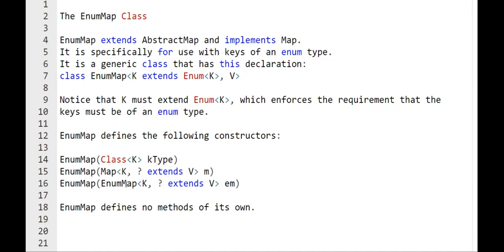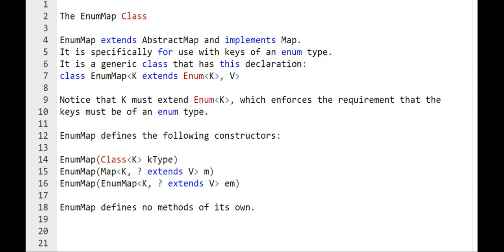So this is regarding the various classes that are present in the maps. The various classes include Map.Entry, the HashMap class, then we discussed the TreeMap class, then the LinkedHashMap, the IdentityHashMap, and the EnumMap class.